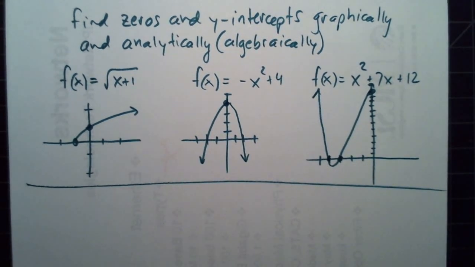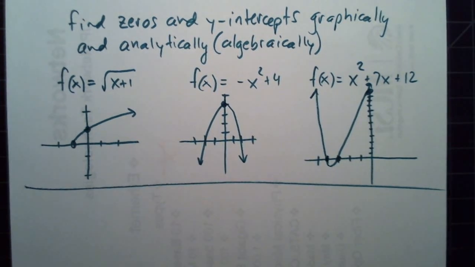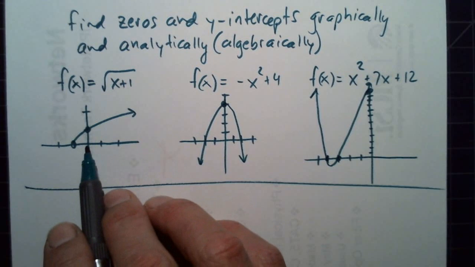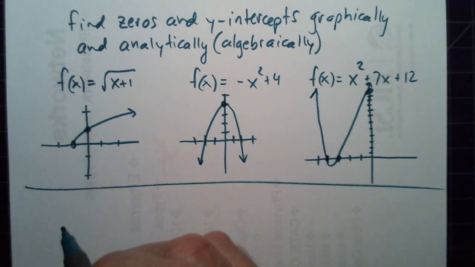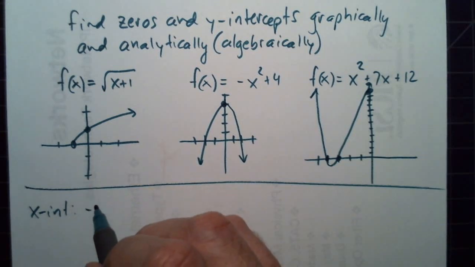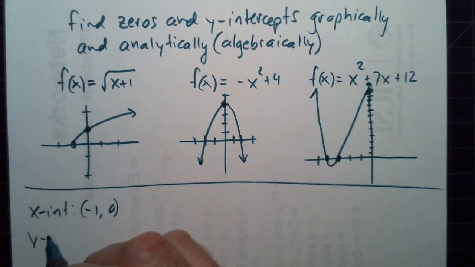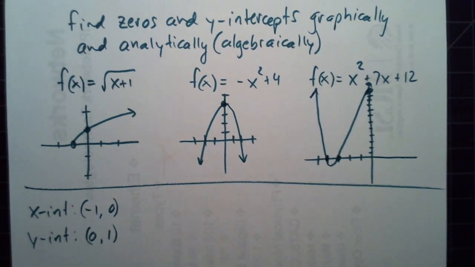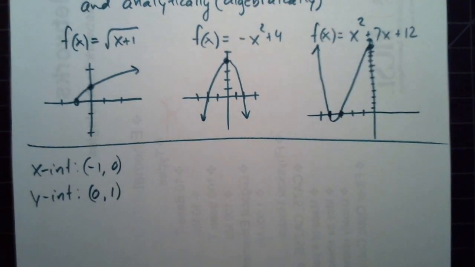Okay, find the intercepts graphically and analytically or algebraically. So we see that the x-intercept is -1, 0, and the y-intercept is 0, 1. So that's how we're going to verify